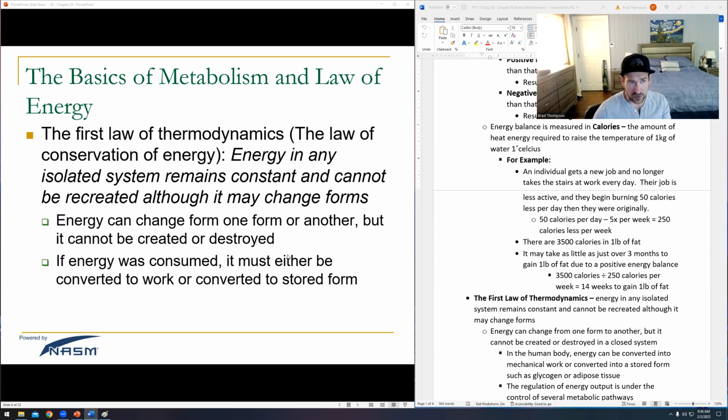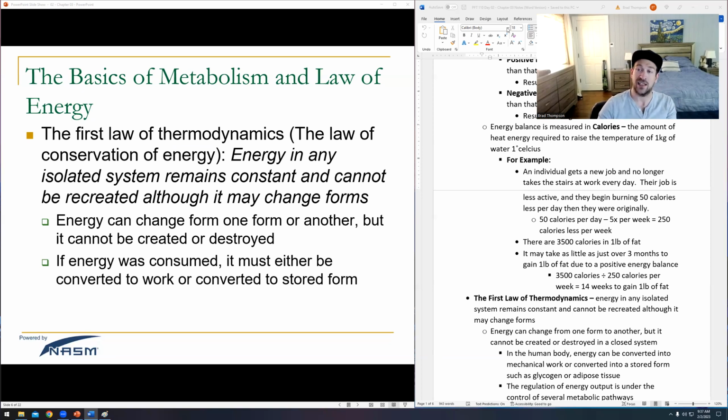So one of the things we have to understand about metabolism is we have to step away from metabolism and look at the general rules of the universe that we live in, right? The first rule, if you ever study physics, is the first law of thermodynamics. They also call this the law of the conservation of energy. It basically says that energy in any isolated system remains constant and cannot be recreated, although it may change